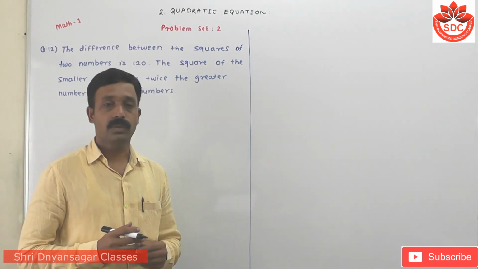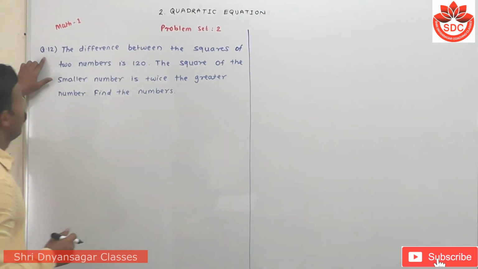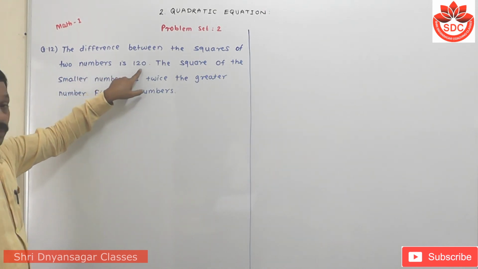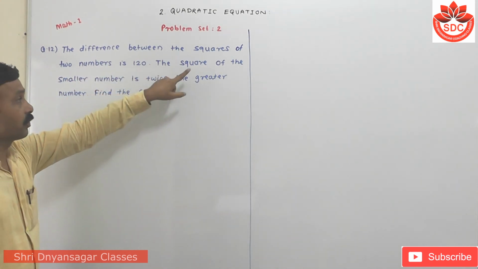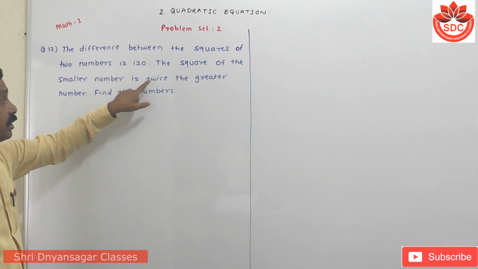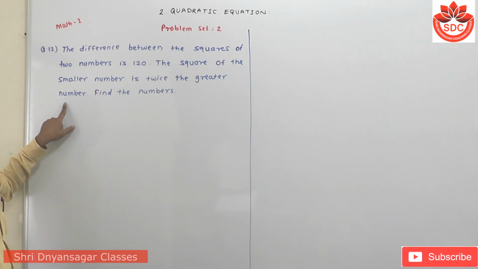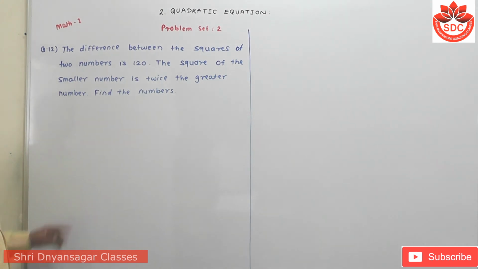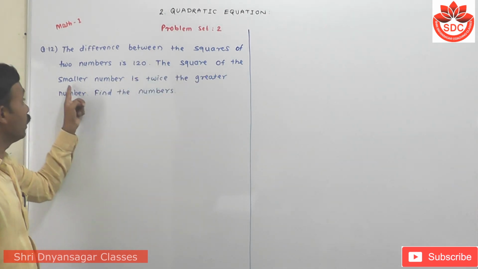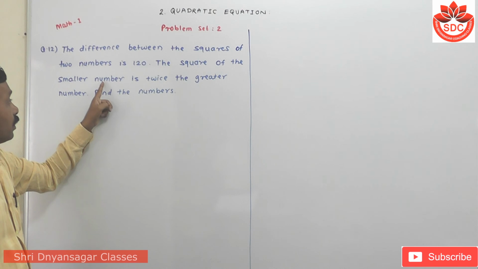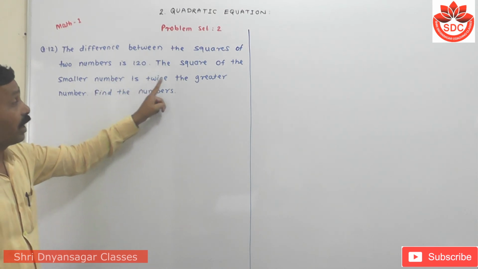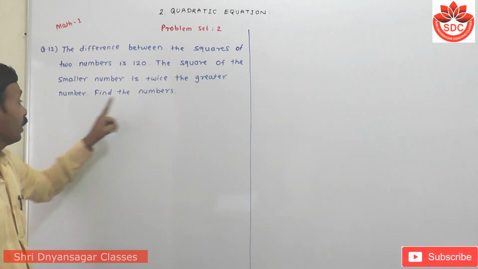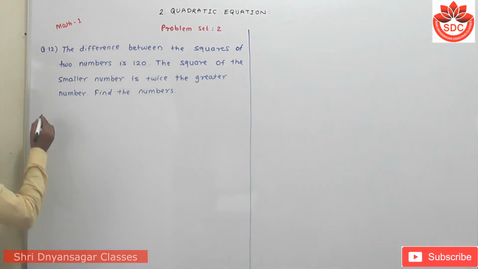Next question is question number 12. The difference between the squares of two numbers is 120. The square of the smaller number is twice the greater number. Find the numbers. Now student, look carefully. The square of the smaller number is twice the greater number. That means first we have to take this greater number. So its solution is